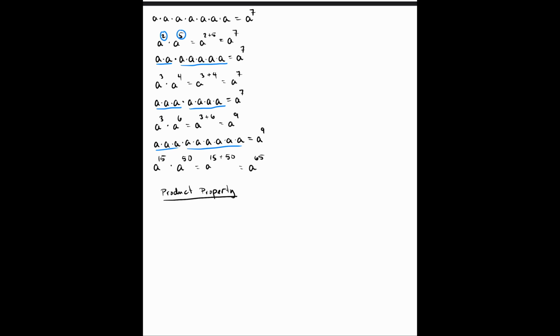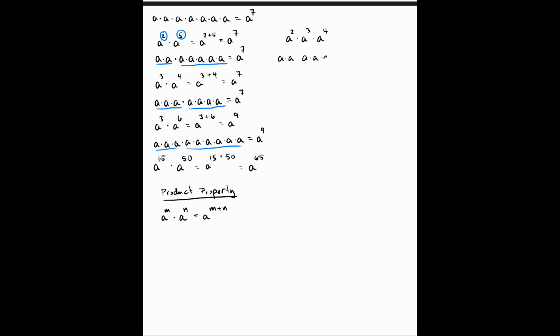And the product property can be written with any variables that you want, but in essence, they will all say the same thing. The product property says that if you multiply a base to a power times that same base to a power, that would be the same as the base raised to the sum of the two exponents, or however many exponents you have, really, because even if you have 3 different bases multiplying each other, like in this example, well, in the end,